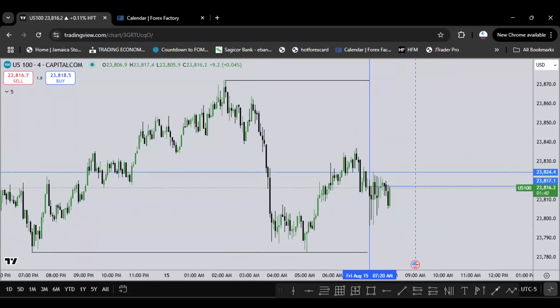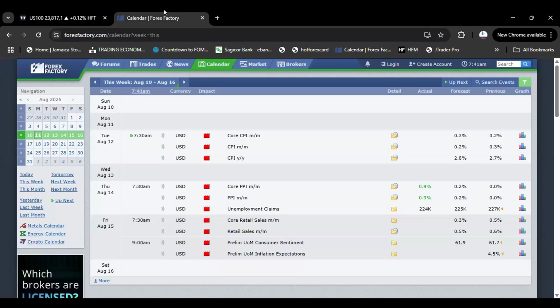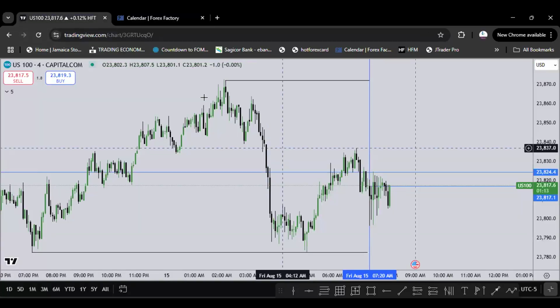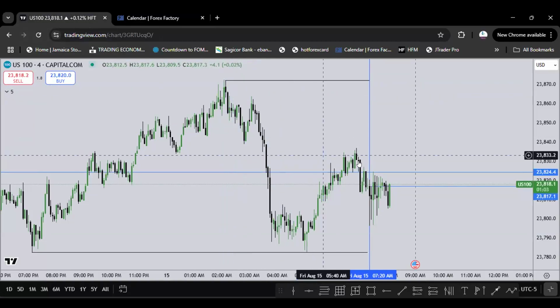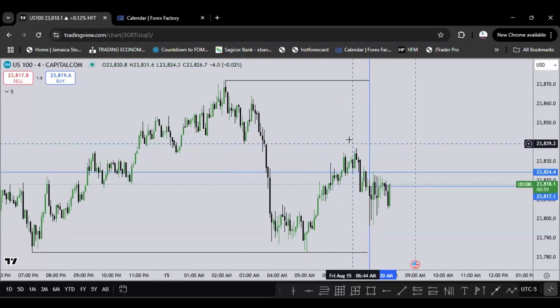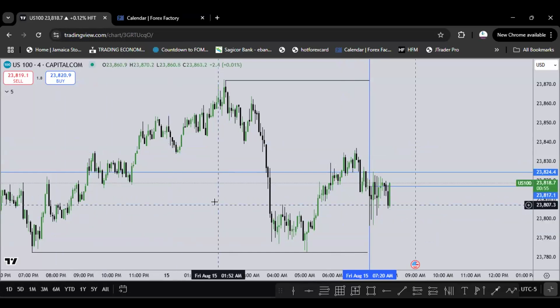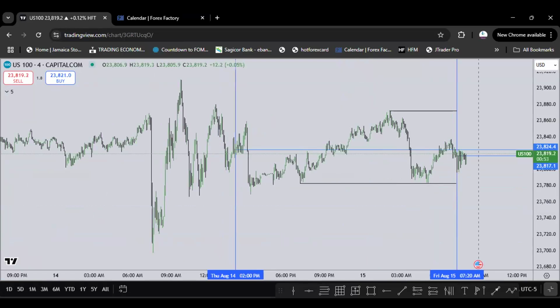What do we have here? Today is Friday. Retail sales at 7:30. And then some stuff at 9. This might be a little bit of a kicker. I'm not so sure about these. But anyway, let's jump in. So what do we have? We have internal liquidity above this high. Okay. Untapped lows. In the grand scheme of things, since we have some time, let me grab the